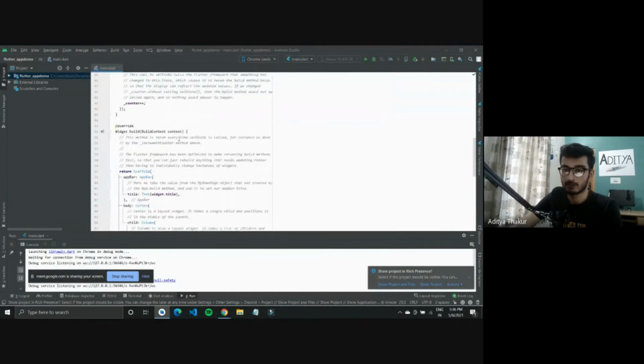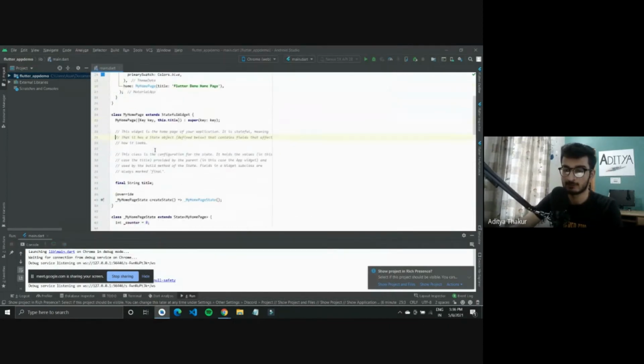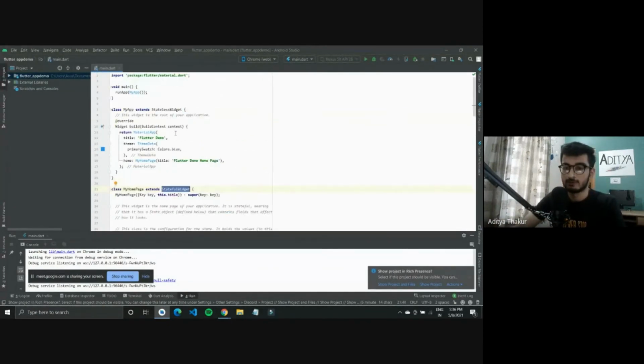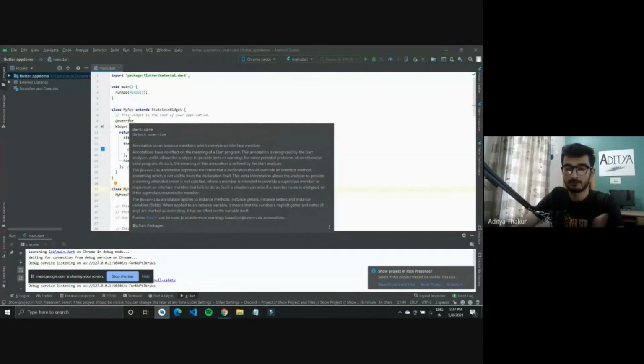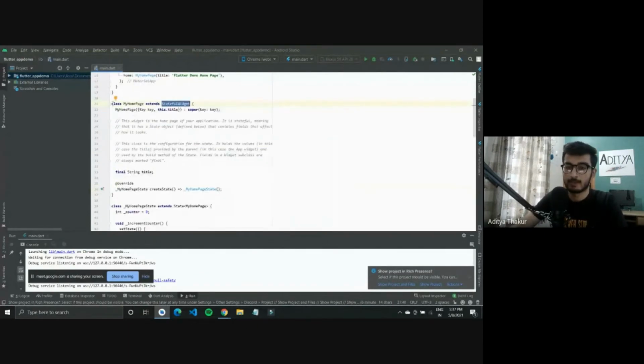So this was a stateful widget because we were changing some components of it. As in when we were clicking on that increment button, it needed to update. So it was changing state. So that is why it was made a stateful widget. Whereas this My App was a stateless widget. It was the bottom widget. Nothing was happening to it. So it was made into a stateless widget.